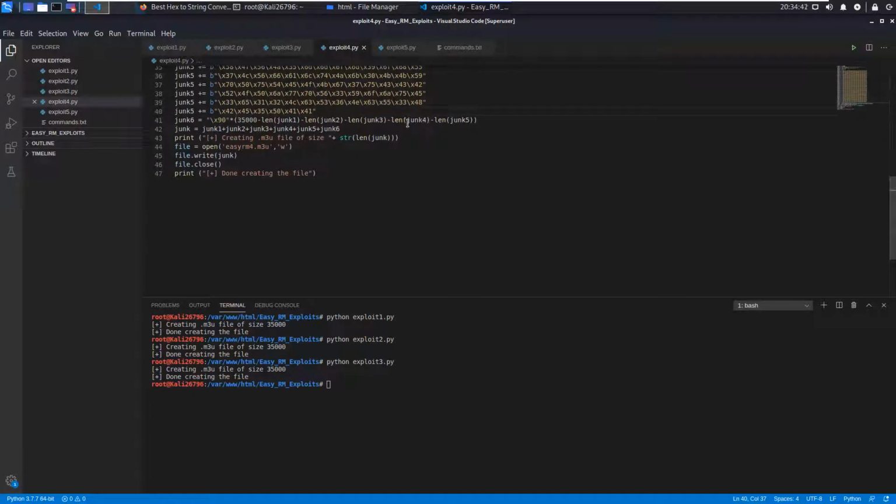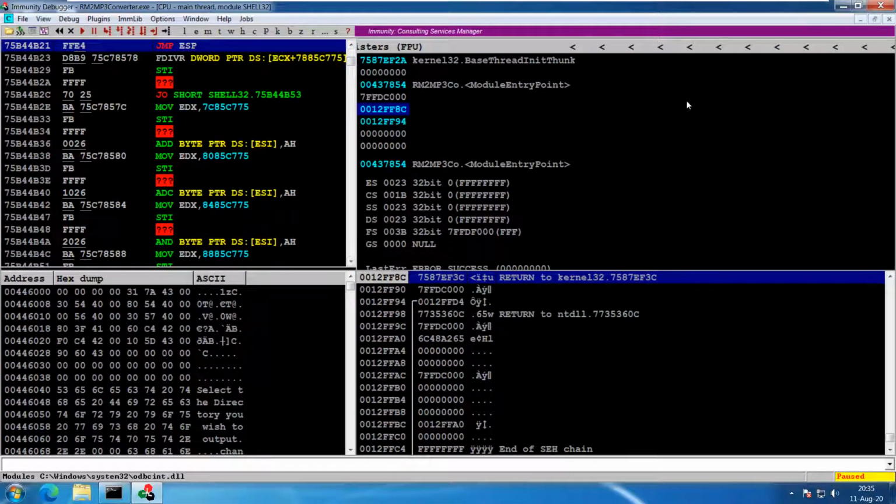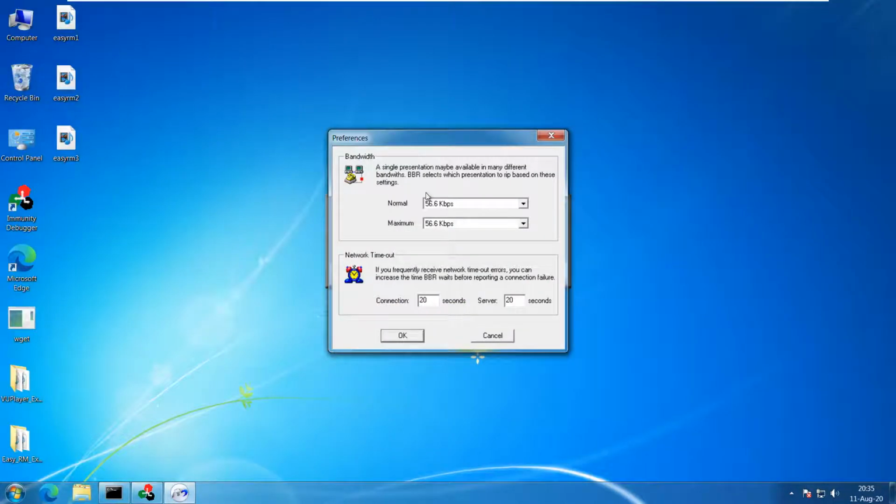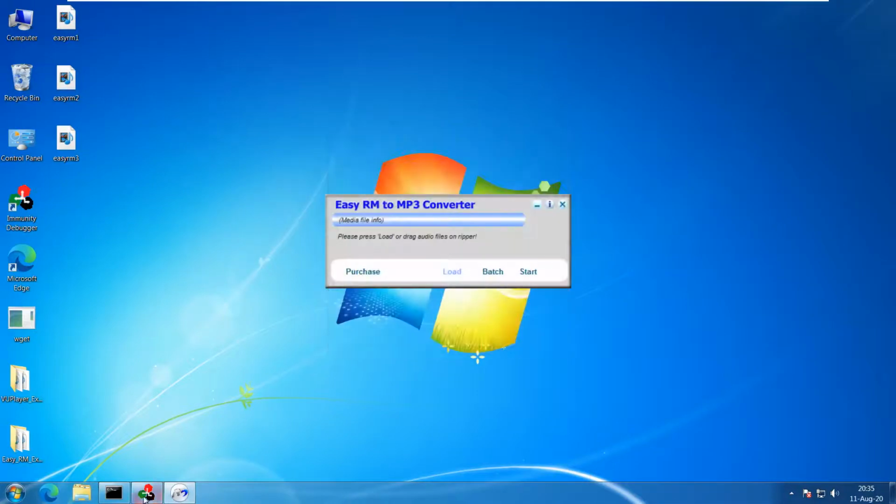Once I include the shellcode, for the remaining space, earlier we were filling it with C's, this time we will fill it with NOPs. You may fill it with C's, but better would be to keep it NOPs. Then I run it with the Python command, and coming back to my Windows machine, I will start the application EasyRM2MP3 as a fresh instance.